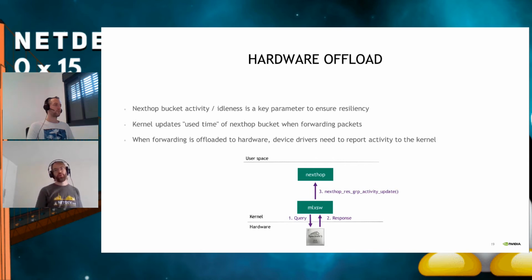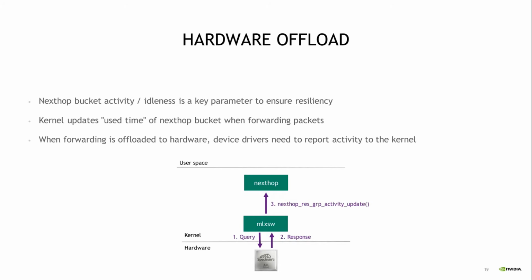And we've got a two-pronged approach to fixing this. The first is that the NEXTHOP code forms the bucket migration changes as proposals. So if it decides that buckets such and such should go from the NEXTHOP that it currently has to another NEXTHOP, it makes a notification. The driver catches this notification and pushes it to the hardware. And the hardware can say, no, don't do that. There has been traffic actually going on. And then the driver can veto the proposal by the NEXTHOP code, which makes note of the fact and